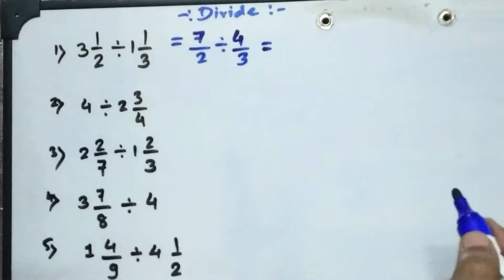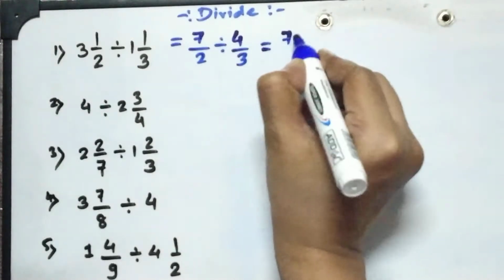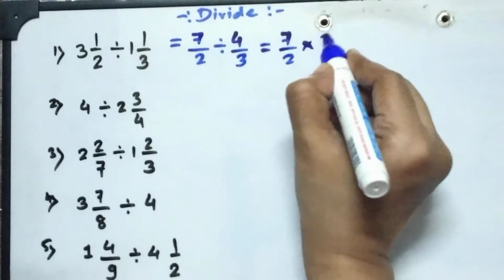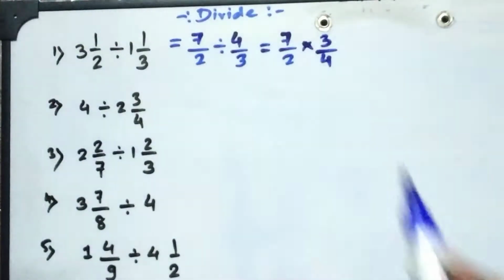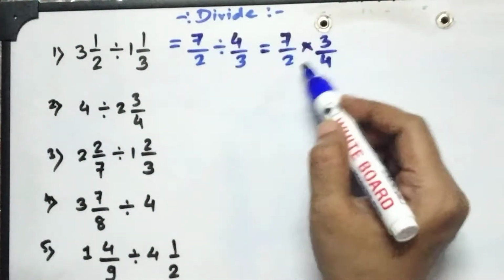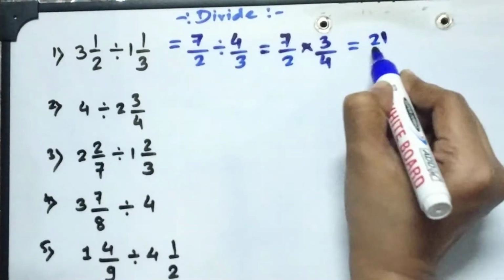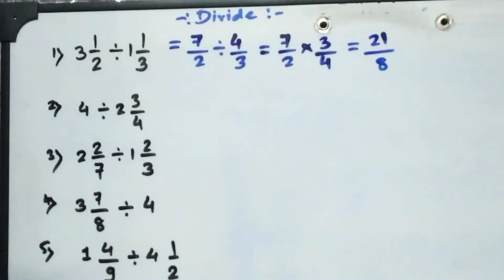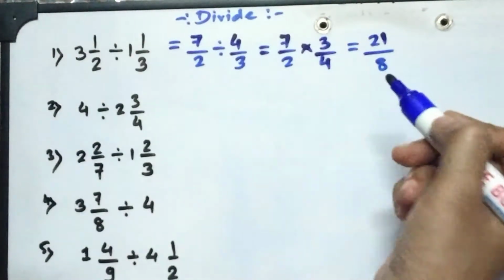Now, as per the steps and the rules of the division of fractions, keep the first fraction as it is, and you need to flip the second fraction, that is 4 by 3 will turn into 3 by 4, and this division operation will turn into multiplication. So if it is possible, we'll try to simplify. If it is not possible, you can simply take the product of numerators. Here 7 3s are 21, and here 4 2s are 8. We'll write here. This fraction again you can simplify if you want, otherwise you can leave it.